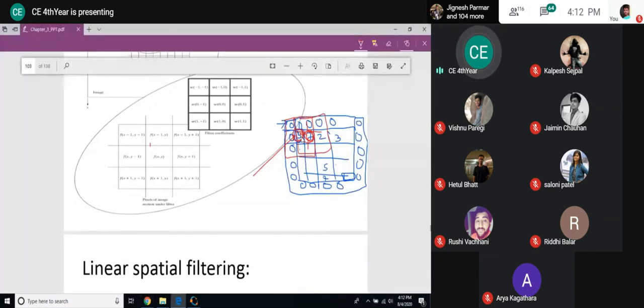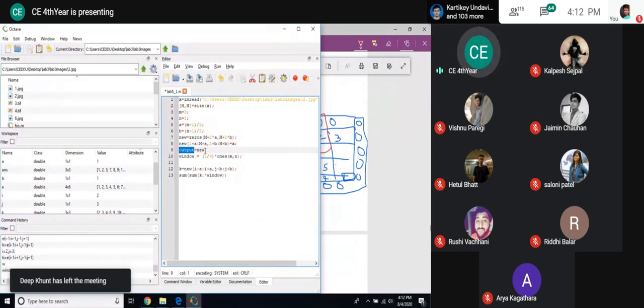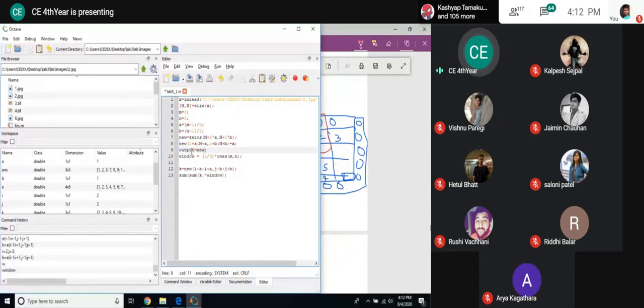That's why I will replace in the new image, which I will equate with one more image, which is equal to the new image that was padded. This padded image is equal to one output image, and that element I am going to replace here. At output, or I should say out, all the time output will be longer to write, so I am writing out only. So out of ij, that is at 2 2, that sum is replaced.